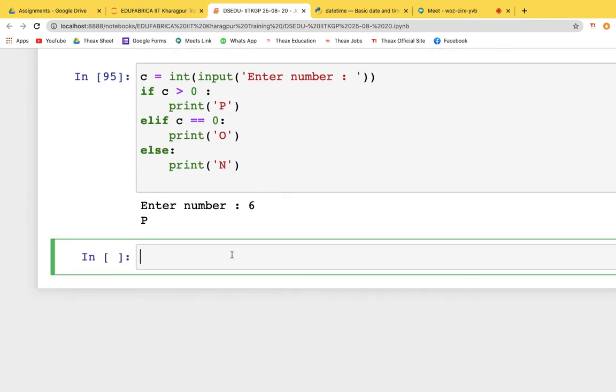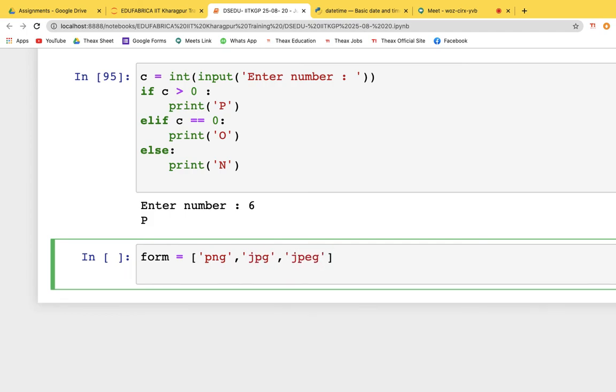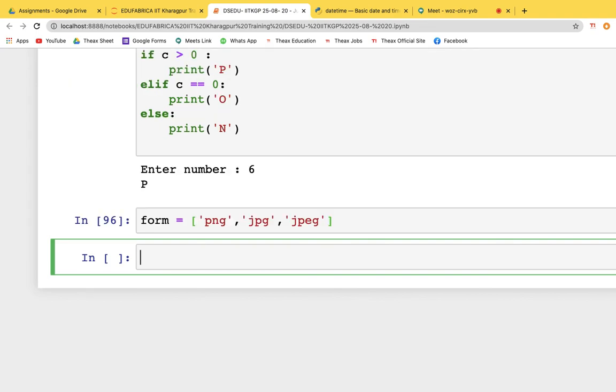Let's say you have a format and you are only checking this format, right? So the format is one kind where you have only to upload a png or a jpg or a JPEG kind of file, right? So you can only upload these kinds of files. So you take an input from the user,